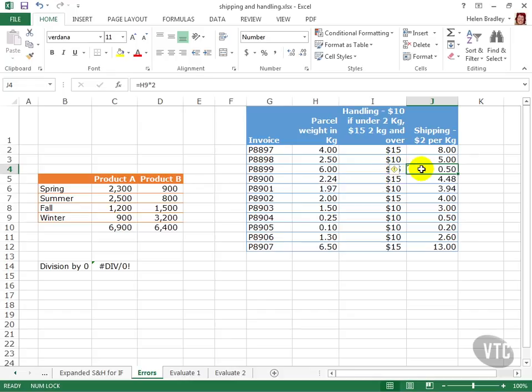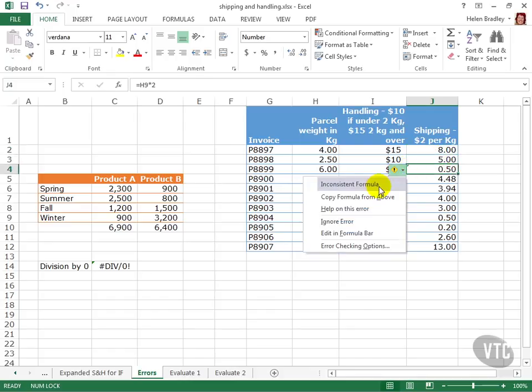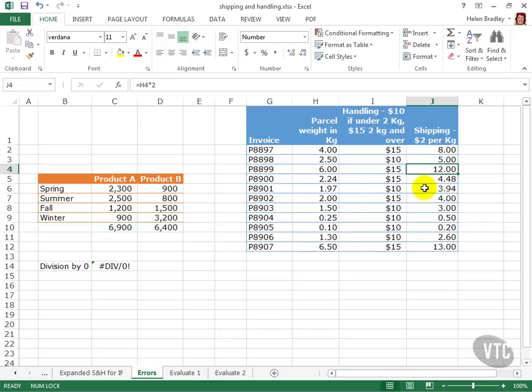It reads multiply H9 by 2 when it should really read multiply H4 by 2 if the pattern is to be consistent. When Excel sees a problem like this, the shortcut menu will offer a solution. Here we can copy the formula from the cell above. That will maintain the consistency of the formulas,